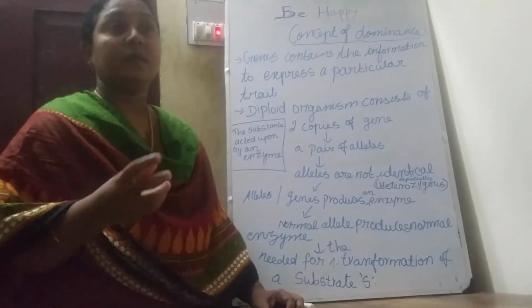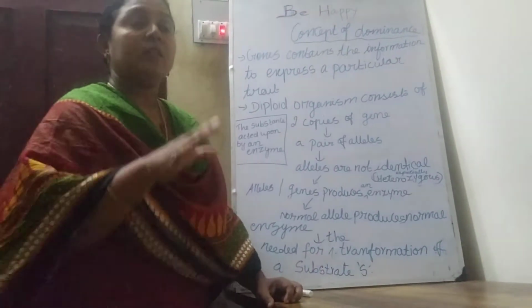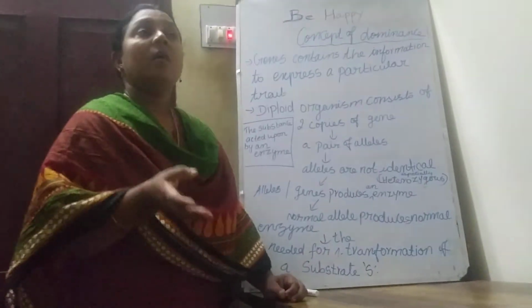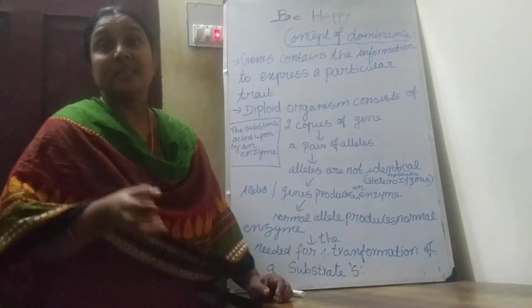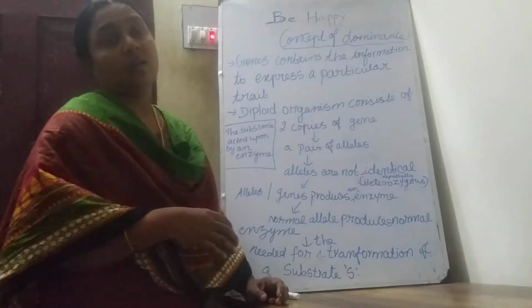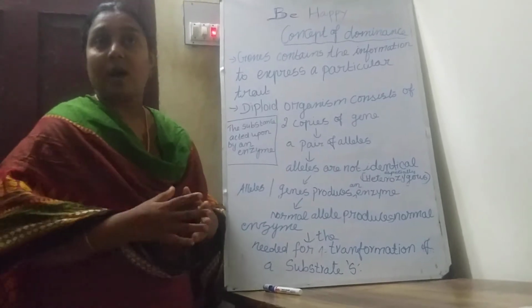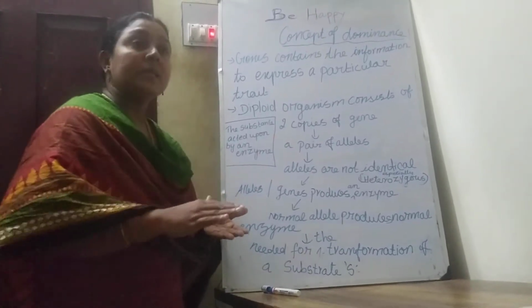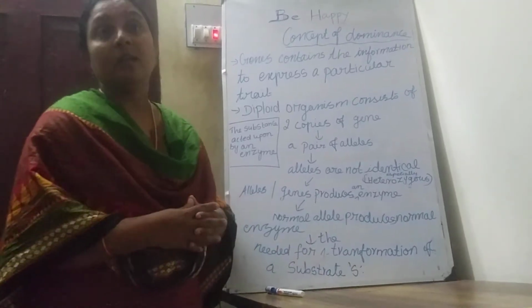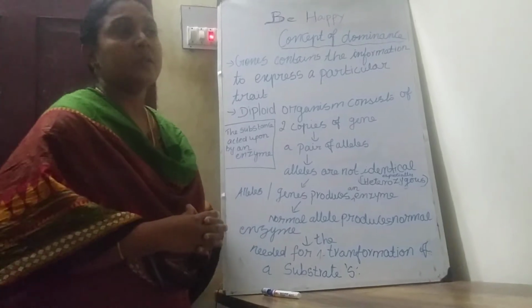According to Mendel's law of inheritance, you already know the F1 generation will always show what? The dominant trait. It is in heterozygous condition. Here also one dominant allele is present and one recessive allele is present, but the dominant allele suppresses the recessive allele. How this happens, that is what we are going to study today.